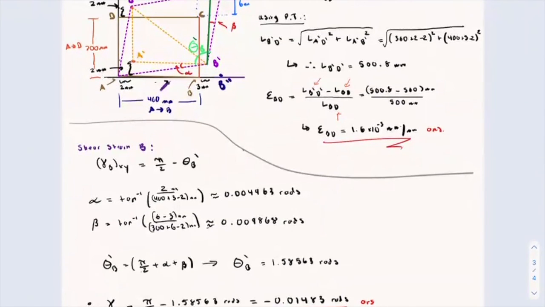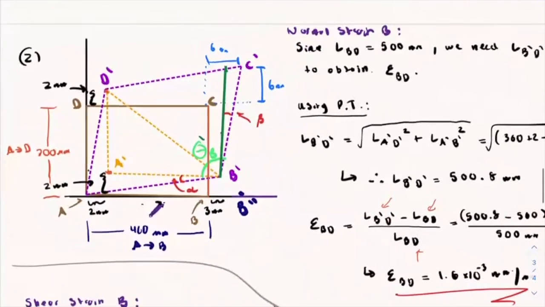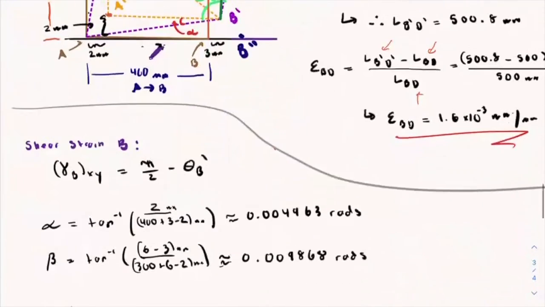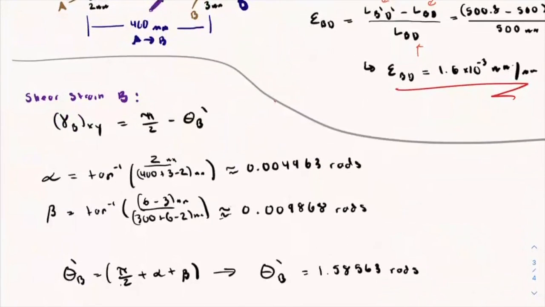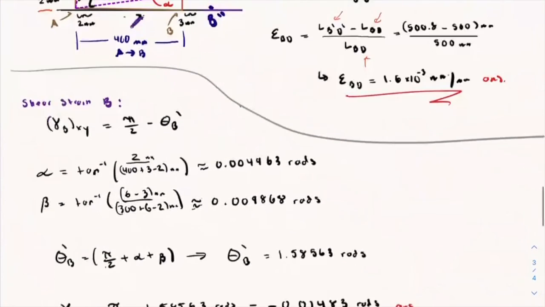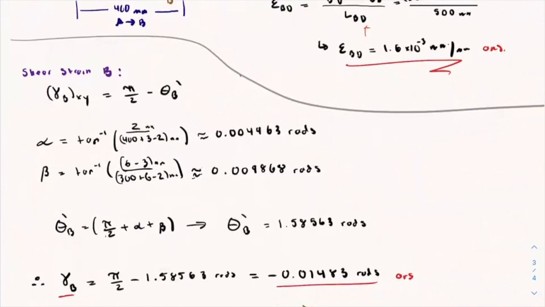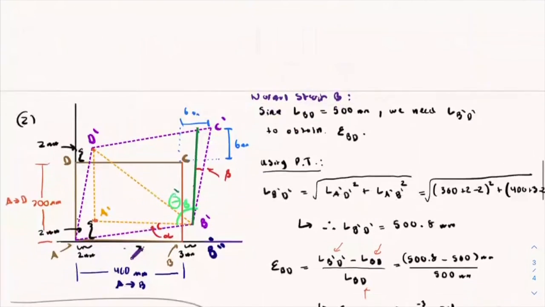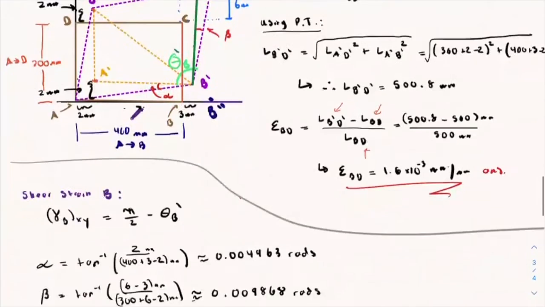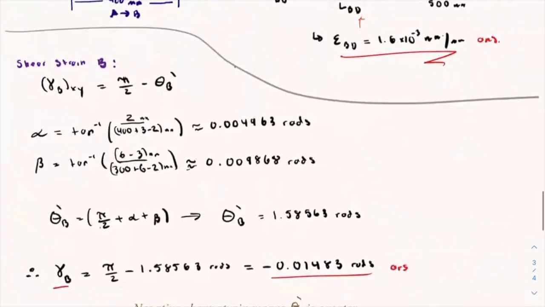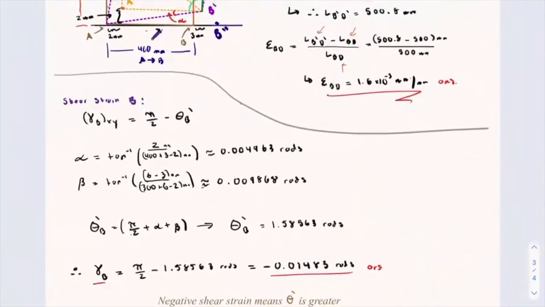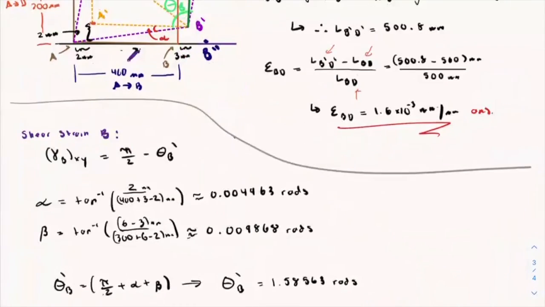To find alpha, by looking at the diagram, we have inverse tan of 2 over 400 plus 3 minus 2, which is approximately 0.004963 radians. And looking at the diagram, to find beta, you have to do inverse tan of 6 minus 3 divided by 300 plus 6 minus 2, which is approximately